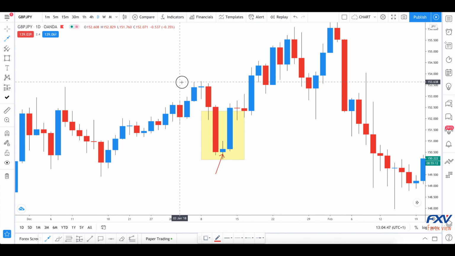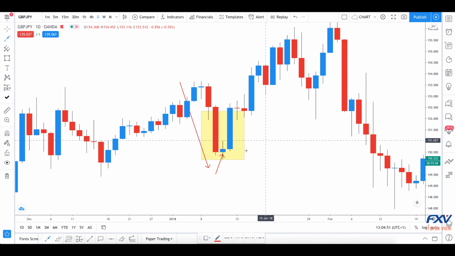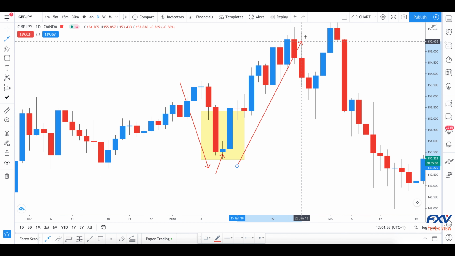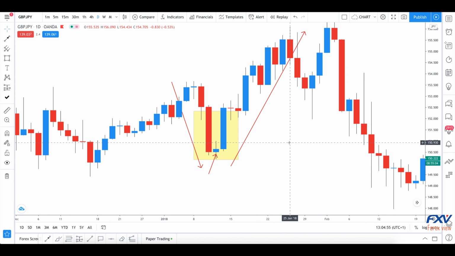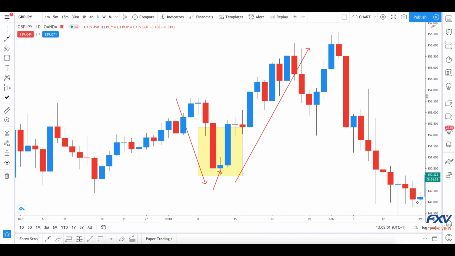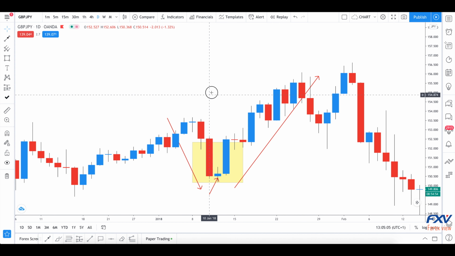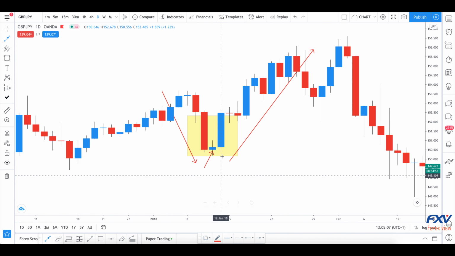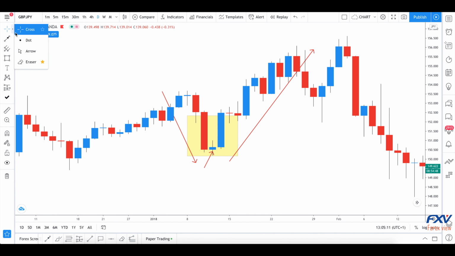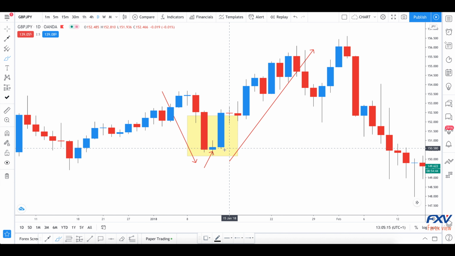So two other important aspects of the morning star pattern are the gap up and the gap down openings. The gap up opening is an indication of the buyers' enthusiasm. This means that the buyers are likely to purchase the currency at a price higher than the close of the previous day. As a result, the opening price of the currency for the next day is more than the close